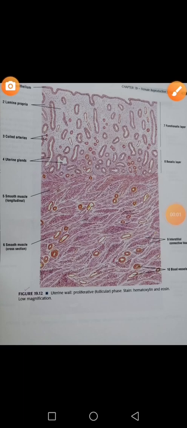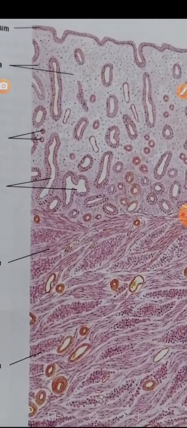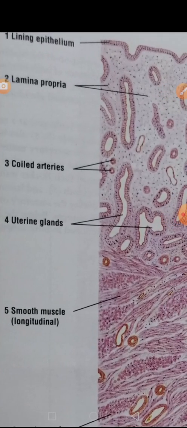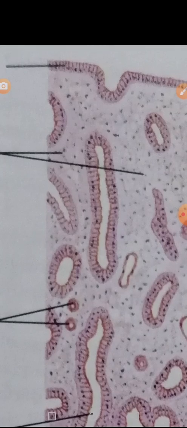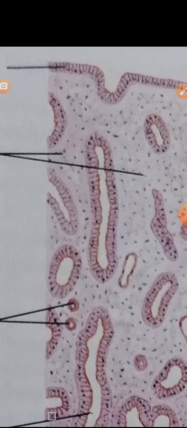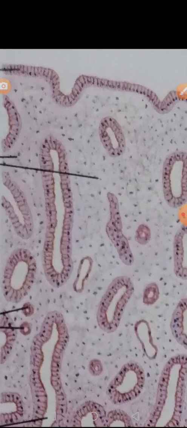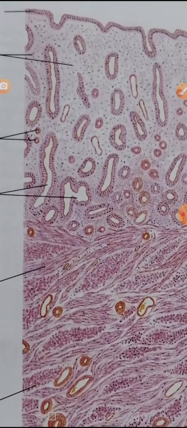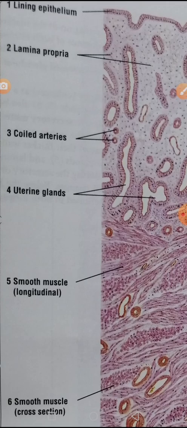We're going to talk about, or re-talk about, everything we've discussed so far, this time using images. So this is the first phase which we talked about, the proliferative phase. Notice the lining epithelium. It is obviously simple columnar epithelium. The height of the cells is greater than the width, and the nuclei are in the basal portion. The lining epithelium is part of the endometrium, and then you see the representation of the lamina propria,